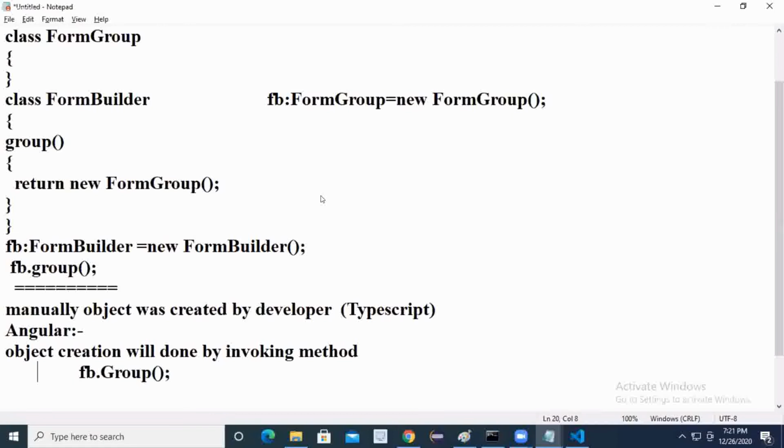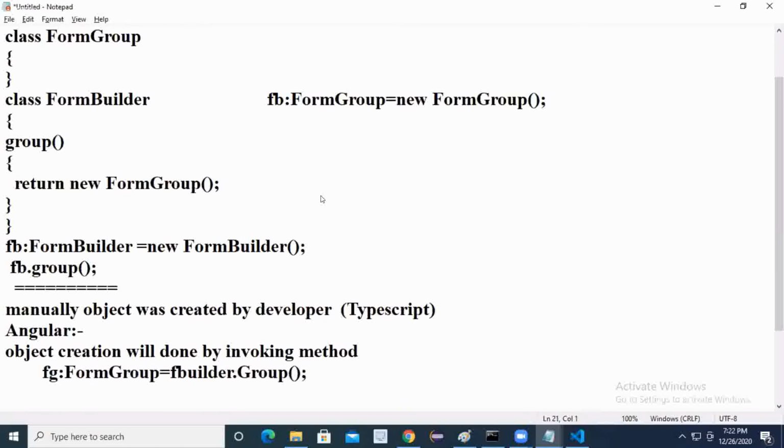An object. For that, we have to create one reference, or not? Yes, sir. Here I'll give register or something like that. I'll give fb: FormBuilder = fb.group. Did you understand, everyone? So group is the method of FormBuilder, and it will return the object of FormGroup, right? Yes, FormGroup. Are you following, everyone? Yes, sir.